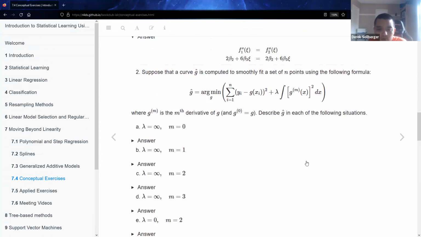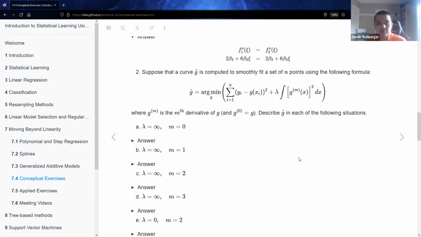Problem number 2, thinking along the ideas of what we encountered in previous chapters with ridge regression and lasso regression. Suppose that there is a new curve g hat that is computed to smoothly fit a set of endpoints using the following formula. So we recognize the method of least squares. We recognize a penalization term where g